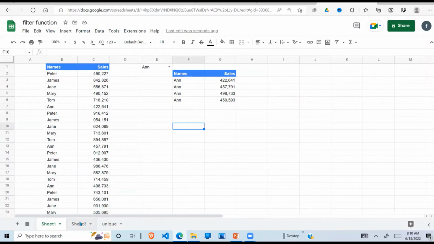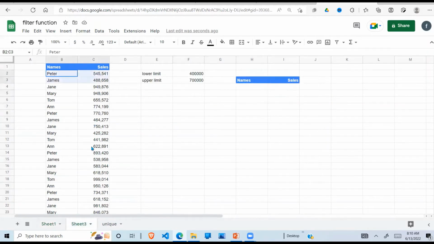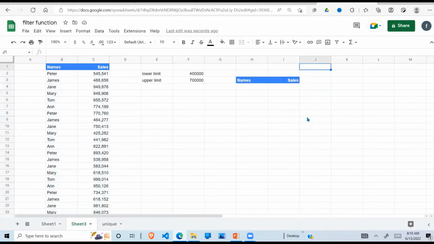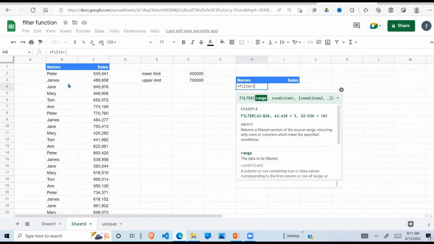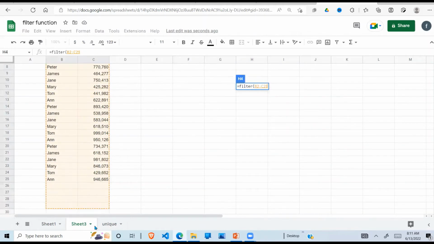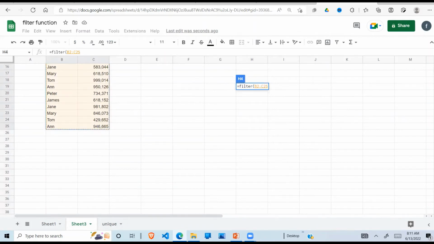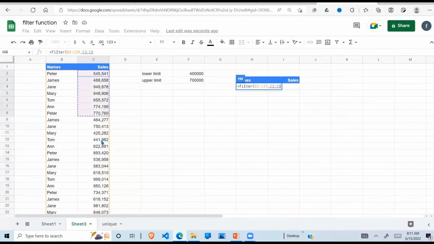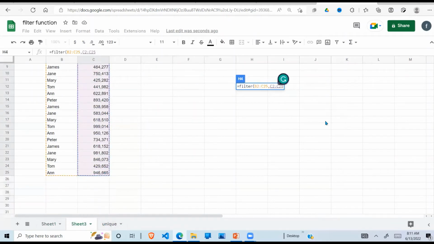Now, in the next example, I want to filter this information, again, using the filter function. But in this case, I want to filter based on the lower limit of 400,000 and the upper limit of 700,000. So how do we do that? Still, we come and say filter function. What we want to return is all the data that we are going to filter from. Then comma, then we put a condition, and our condition is the values in this array here